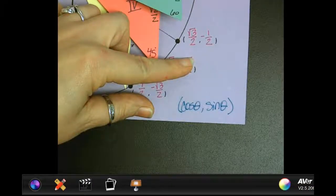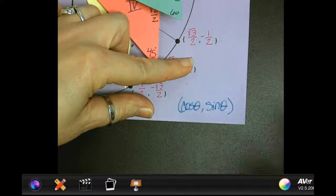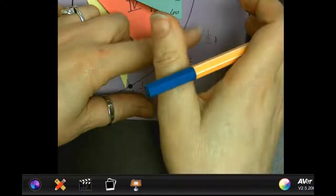Any of y'all in AP Physics? Okay. All right. Because I don't know that you've done this in on-level physics yet, but they've talked about vectors